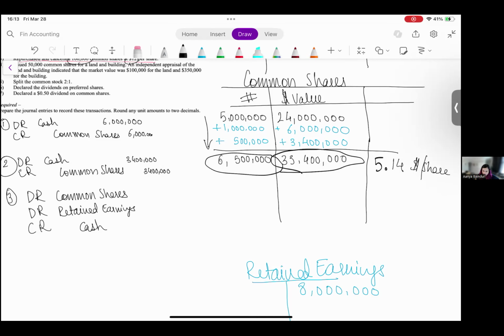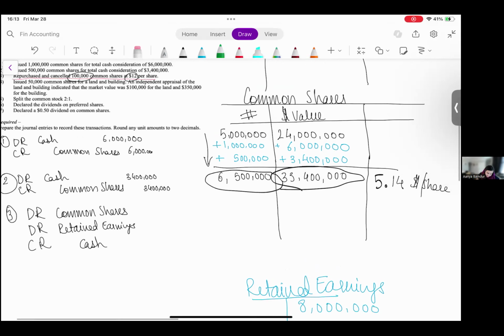Let's check out what our value for cash is. So the question tells us that we repurchased 100,000 of them at a dollar value of $12 per share, which corresponds to 1,200,000. So we'll credit our cash by 1,200,000. At the same time, our common shares are going down, and the amount that we're going to reduce our common shares by is using the average stock price that we've calculated. So at the time of the repurchase, we find our average stock price, which is 5.14, and we multiply it by the number of shares that we've repurchased, which is 100,000, which gives us